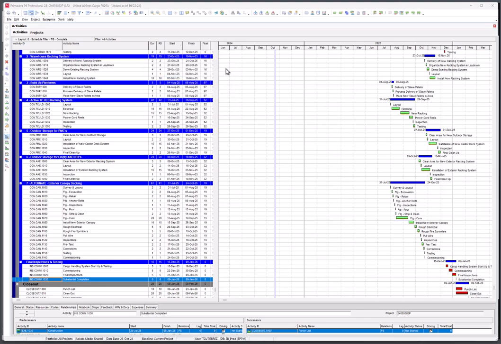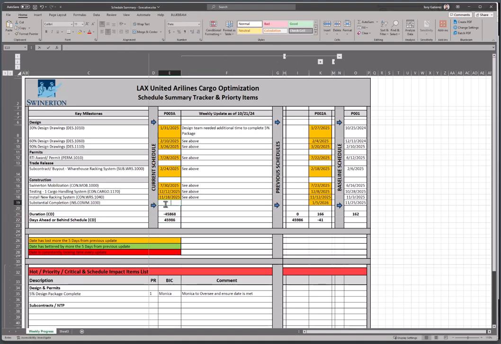January 9th of 26. 1/9/26. So there it is. So we're done with our update. Obviously we lost more time. This is where maybe there's a recovery plan that you start working with the team to recover that 4-day loss,